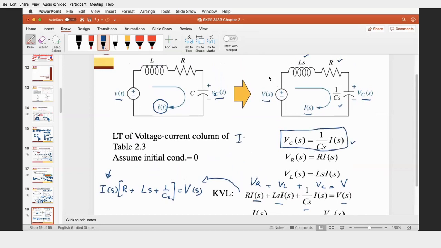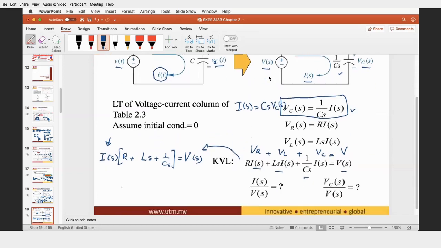From this equation, Is actually equal to If. So C S VC S. So Is here is C S VC S. So remember, this S with this S is different. S here, S multiply with S. SC multiply with S. VCS, S here in bracket belongs to VC. Okay, so don't confuse. So VC here